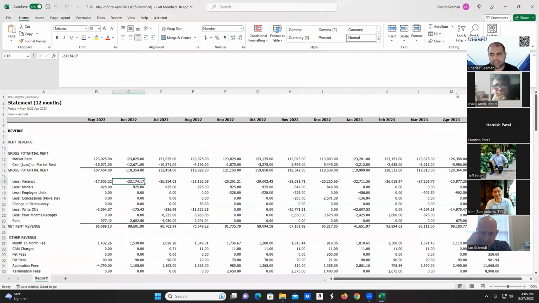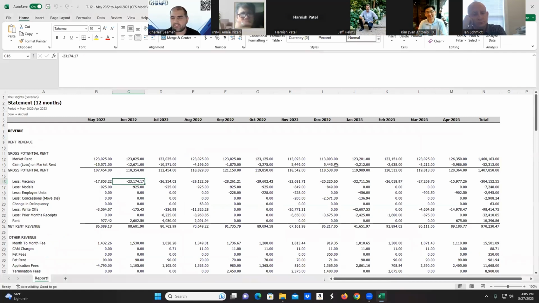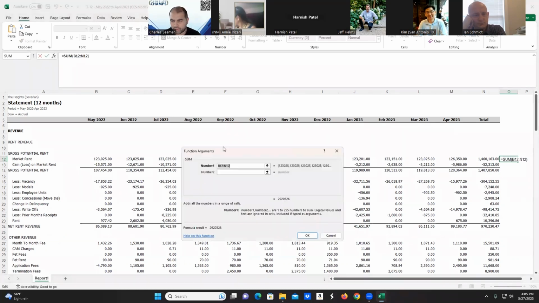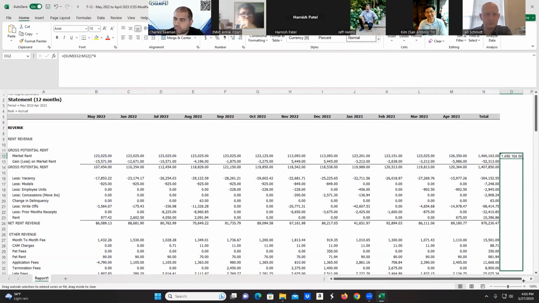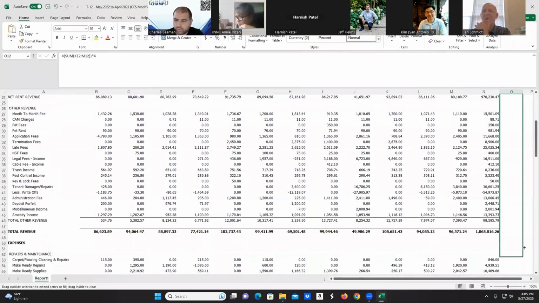So for each of our income items, to Jeff's point, we're going to take the last 3 months, which is February, March, and April, in this case columns K, L, and M. We're going to do a subtotal with those three, and then we'll multiply that subtotal by 4 so we can annualize it. Does everybody understand why we're multiplying that subtotal by 4? Okay, so then we'll take that formula and extrapolate it down for all the income